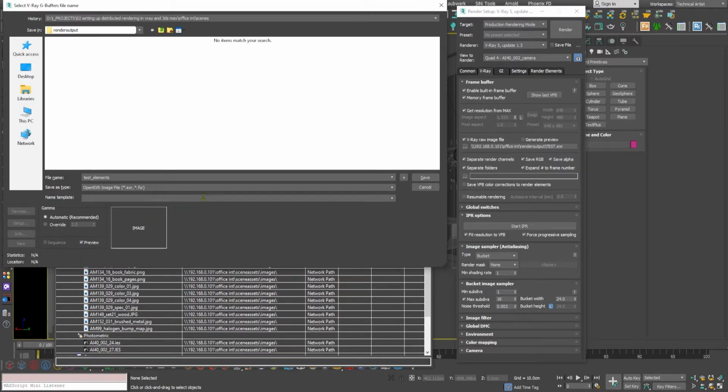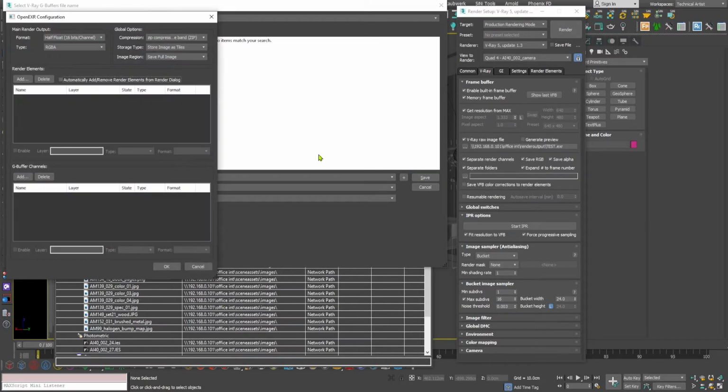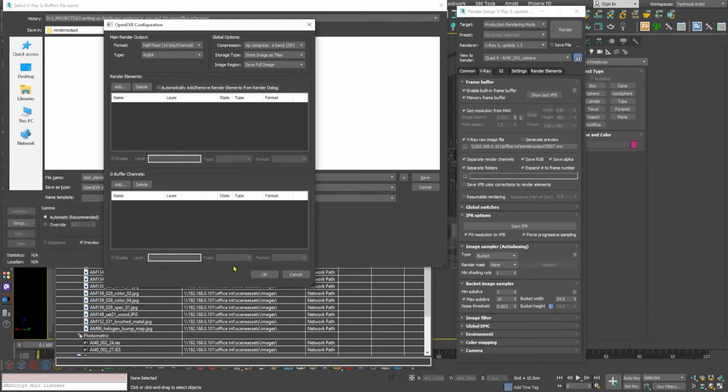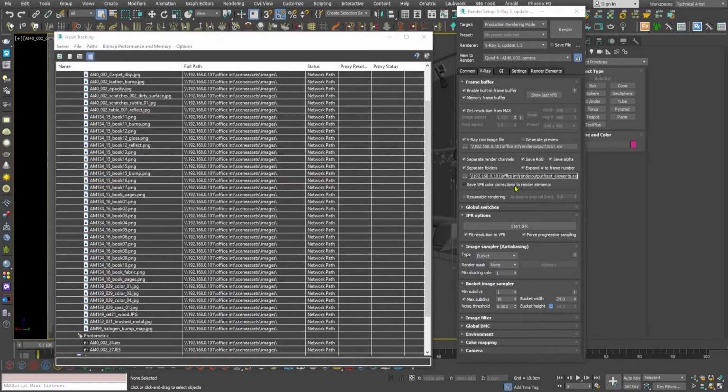And for this demonstration sake, I am going to use the OpenEXR format as well, and I am going to use 16-bit half float, which is fine.